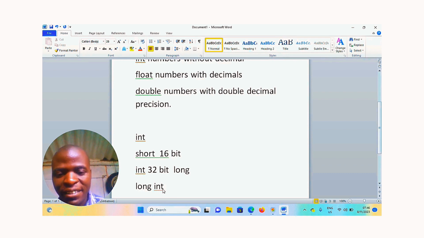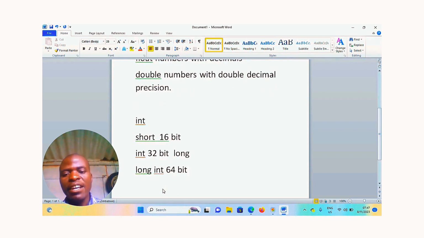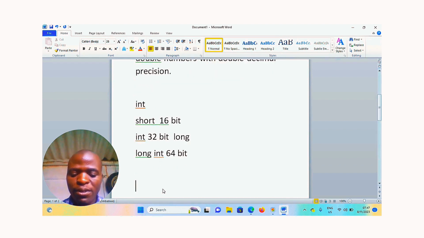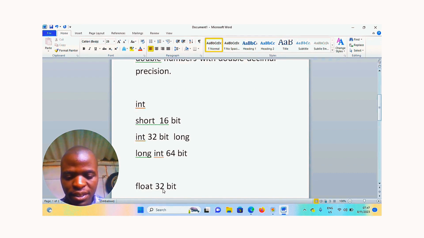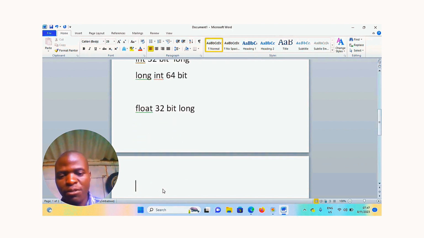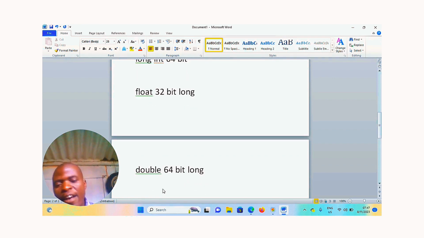These numbers are about 64 bits long. Then we have float, which is 32 bits long, and then double, which is 64 bits long. And then we are done.